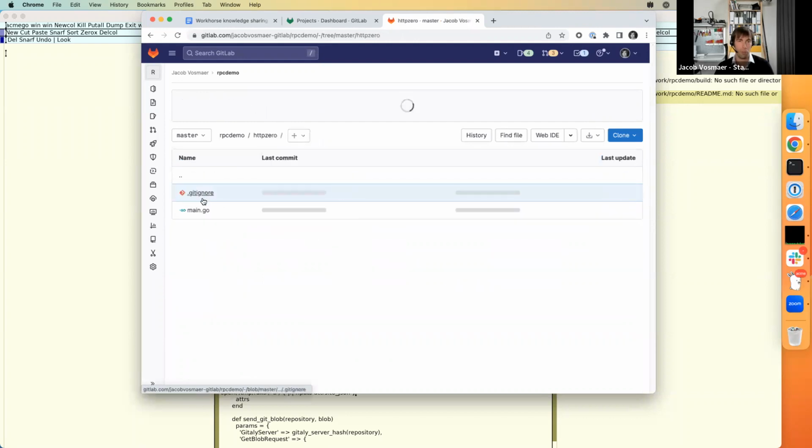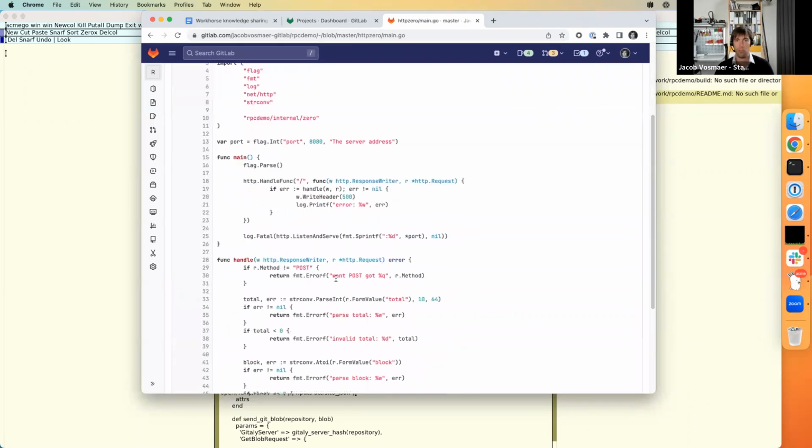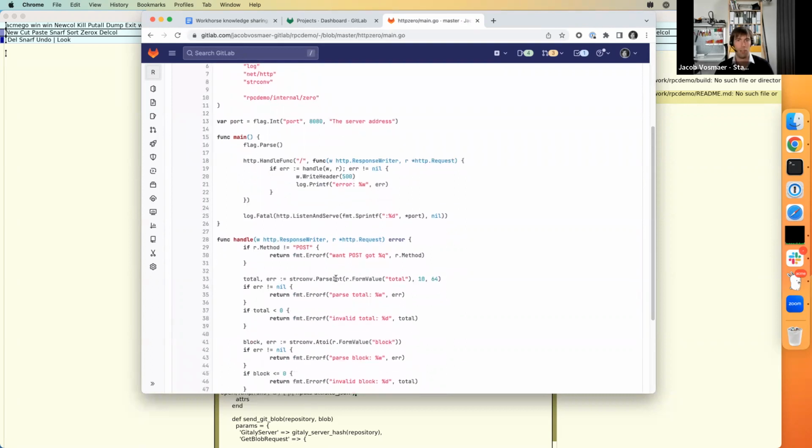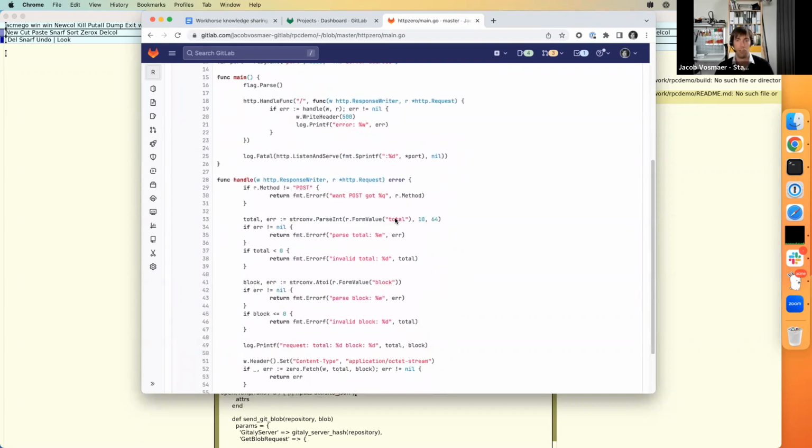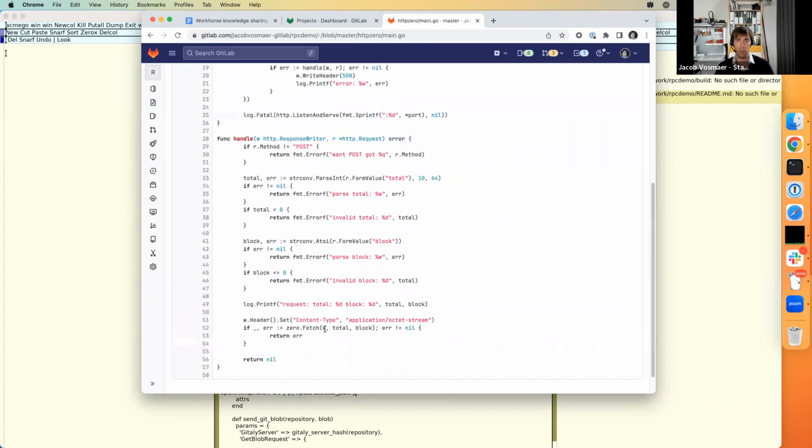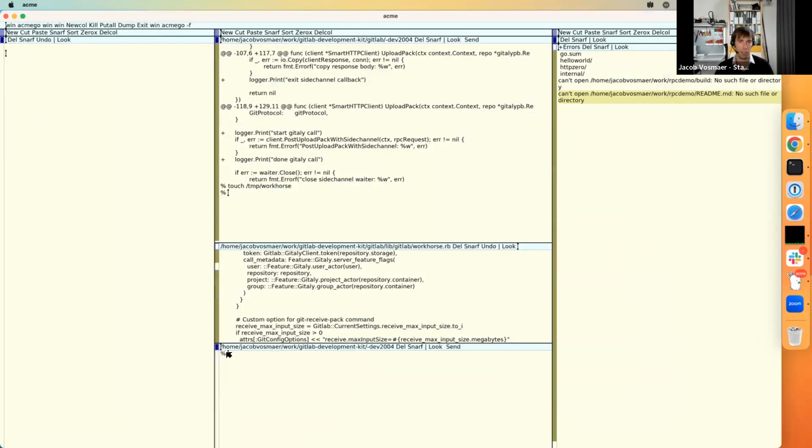And then I made an alternative implementation which uses HTTP to see if you can go faster. This thing uses form values to get these numbers, and then it writes straight into the HTTP response writer. Now the funny thing is that if I go to this demo project and I build the executables, I need to start a window with the Hello World greeter server. So that's the gRPC version. And if I then run the gRPC client,